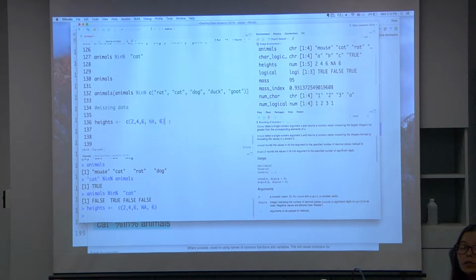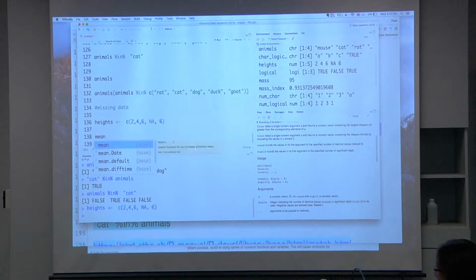In this case, in the vector, you have a missing value. Sometimes for statistical analysis, you want to figure out the mean value or the median value of that. So for example, if you want to calculate the mean value of this height,